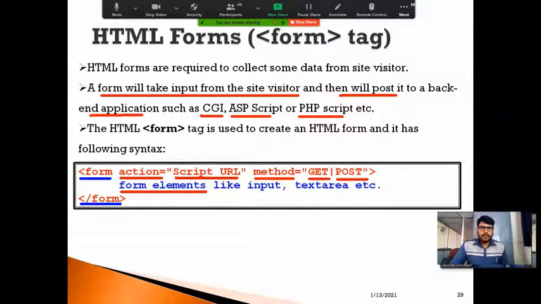In the action attribute, we can specify the value of a script URL, and in the method attribute, we can specify a value either get or post. And in between form tags, I can specify whatever form elements I want to include in my web document, so that I can place them here. So this is the general syntax to create an HTML form by using a form tag.